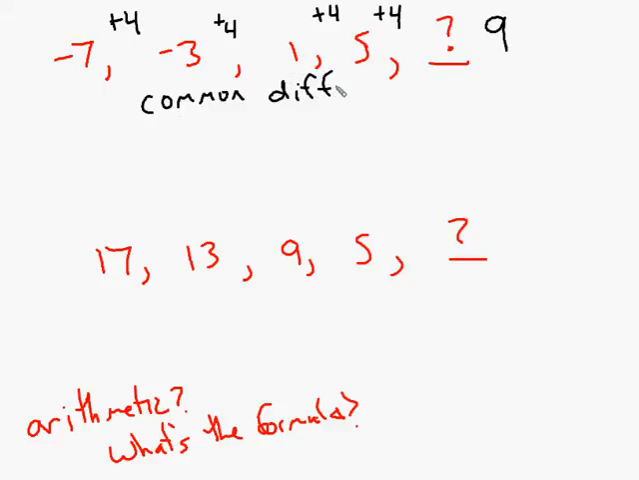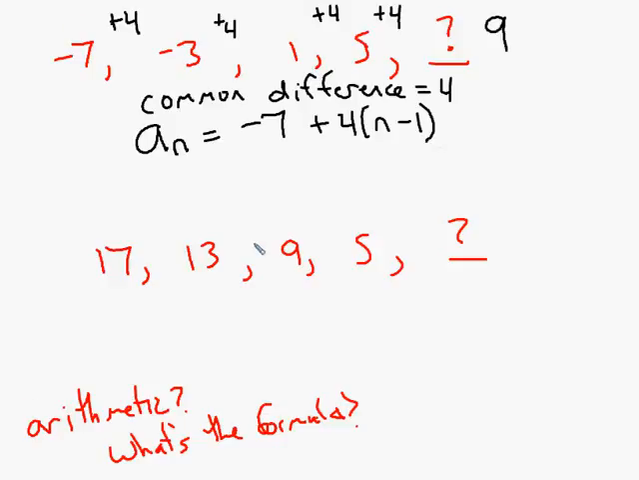Yes, it's 4. So then I can write my formula. A sub n equals negative 7, because that's where I start, plus 4, that's my common difference, times n minus 1. That's my formula. So with this formula, let's find